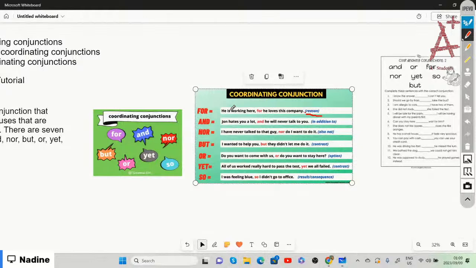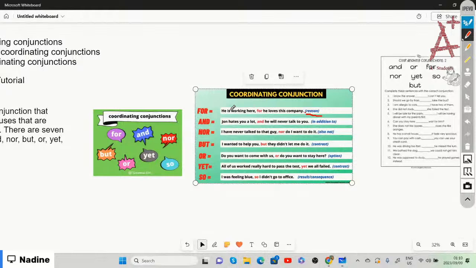And the last one is "so", and it shows a result or the consequence. I was feeling blue, so I didn't go to office, or I didn't go to campus. So I was feeling blue, so I didn't go to office. And those are the seven coordinating conjunctions, which are: for, that shows reason,